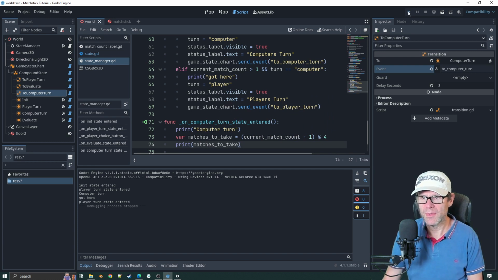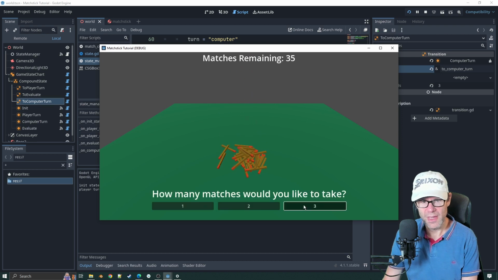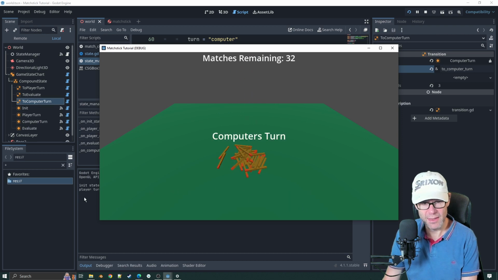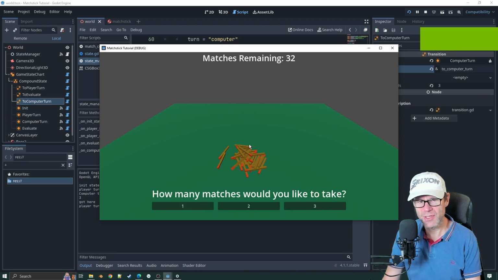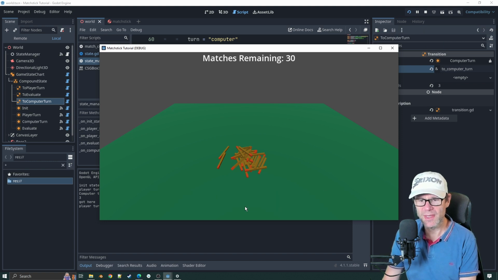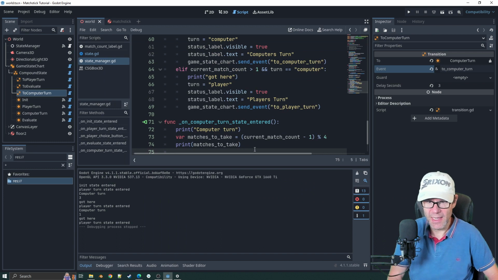There we go. And we'll click here. 3, and then the computer's turn. It's taking 3, which will leave it with 29. Now I know that's a promising one because it should be leaving you with an odd number. So I've just taken 2 there, and I think it's actually not taking any, is it? It should say there you go. So it's taking 1. It wants to leave us with 29. Right. So let's quickly sort that out, and we'll just say here,